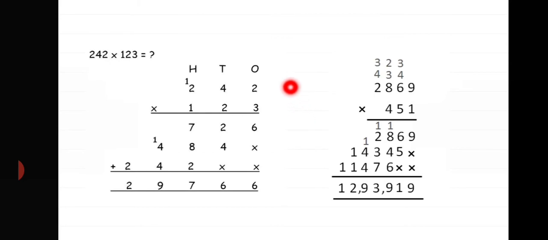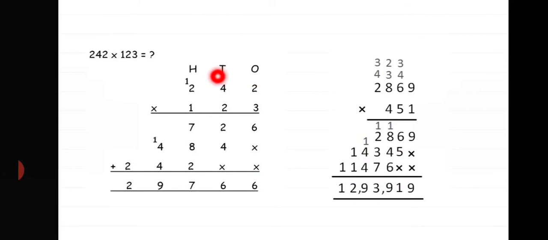So let's learn multiplication with the help of the example given here. Children, last year you have done multiplication with smaller numbers, this year with large numbers. As you can see, this number is called the multiplicand, this is called the multiplier, and the answer is called the product. The number which you multiply is called multiplicand, the number by which you multiply is called multiplier, and the answer is called the product. So let's start with this number. There are 3-digit numbers multiplied by 3-digit numbers. I am always going to start with the number at ones place.